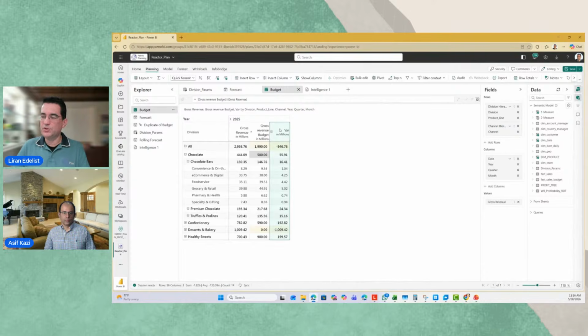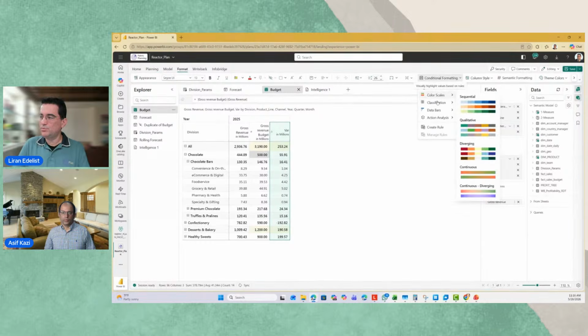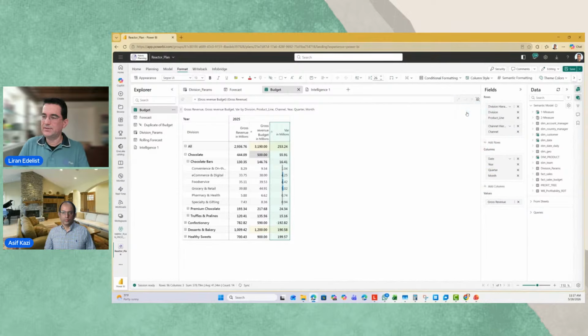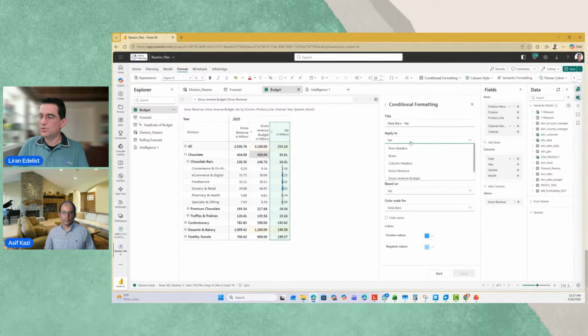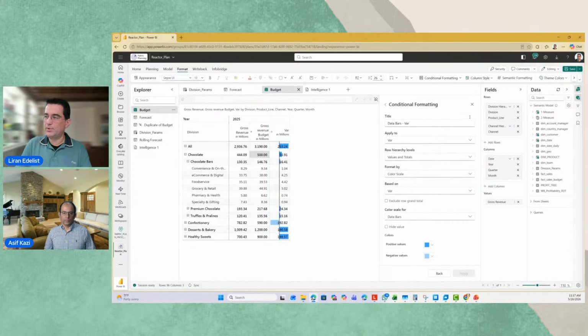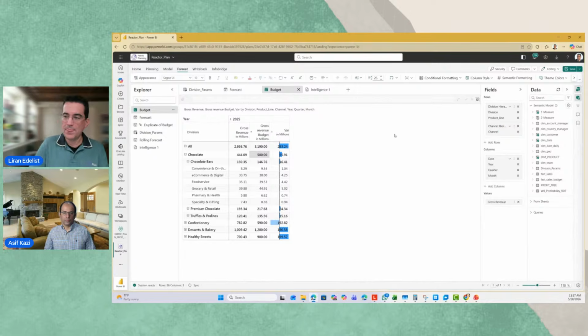I did 1.2, let's change it back to 1.2 billion. If I want variance to be shown in a more conditional formatting way, we have a bunch of options with beautiful conditional formatting. I like the data bars, so we can decide to also do the data bars, and I can add my own rules around where it applies. And this is pretty cool, a very quick design for the tool. So calculation, data entry, we can do more than that, and I will show that later on.